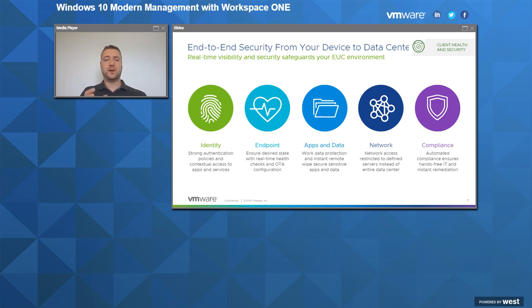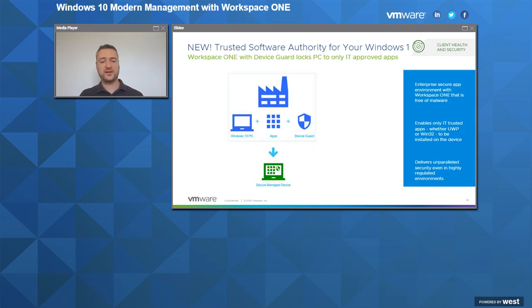So when it comes to logging onto the device in the first place, you can integrate with biometric capabilities. You can protect the endpoint. You can integrate with DLP technologies, Windows Information Protection, or Graph for Windows applications on mobile devices. And you can also secure the network. So using our per-app tunnel capability, you can launch an application and make sure that application only has access to the services it needs to have in the data center. So you are protecting your end user computing estate at every stage from every attack vector.